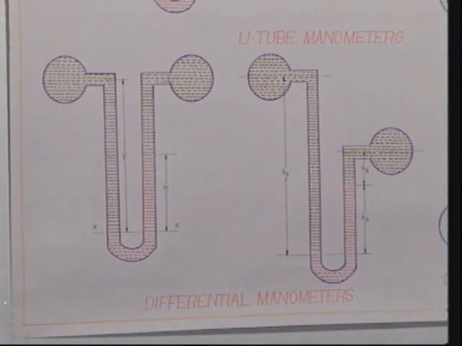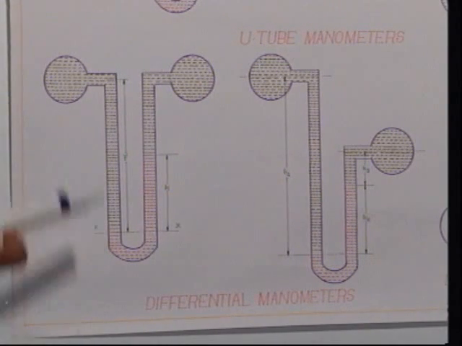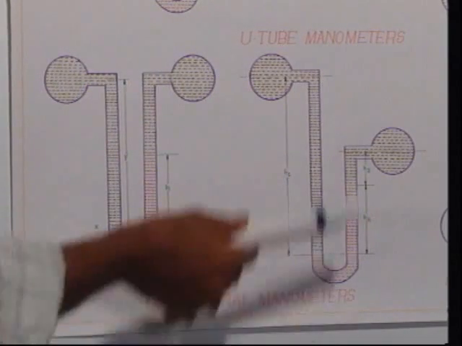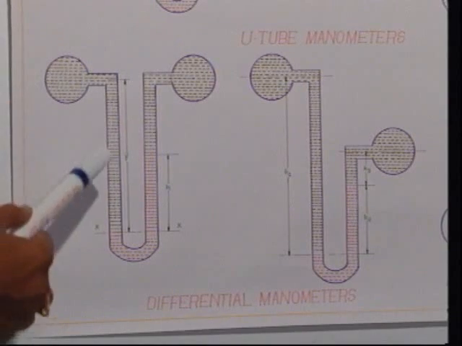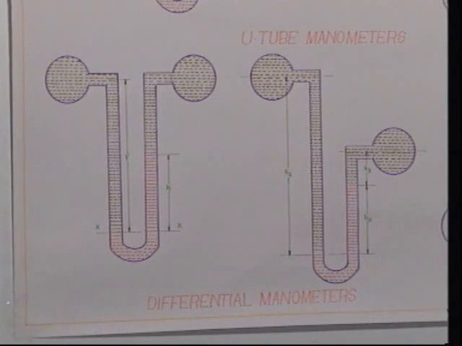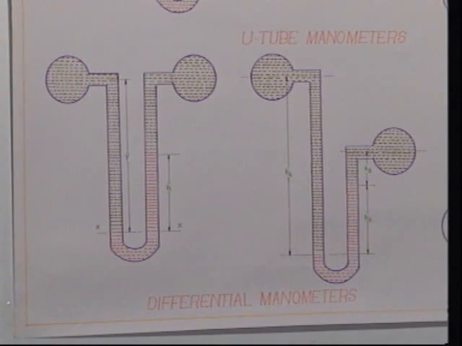Differential manometers are the devices which are used to find out the pressure difference between two points. They could be of two different types. One where the fluid level in the two pipes is the same, and one where the fluids are at different levels. This first one consists of a fluid which has a higher specific gravity than the fluid which is flowing within the pipes. Naturally, mercury is used in this.